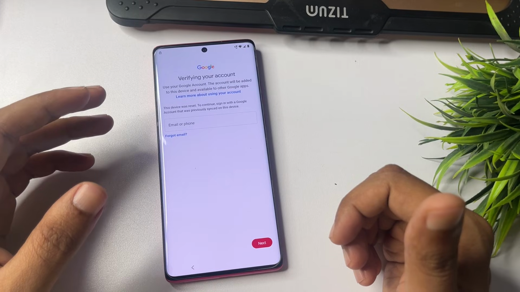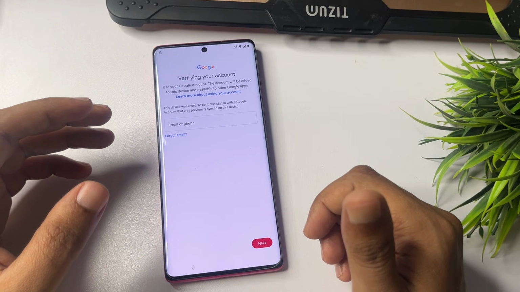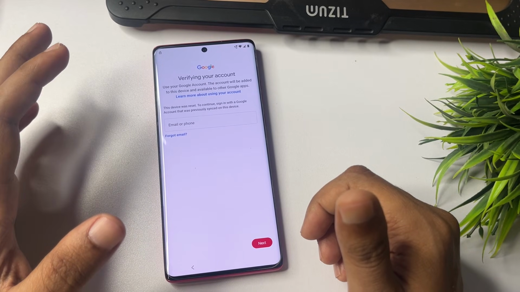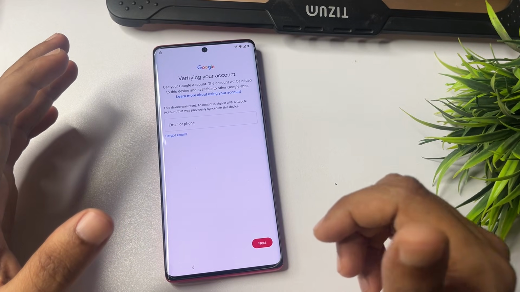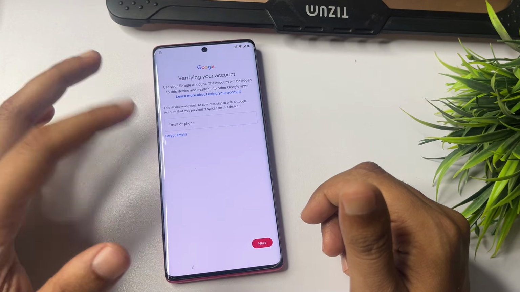And here it will ask for your Gmail ID and password. So if you remember the Gmail ID and password that you applied to your phone when it was new, you can use that email ID and password to go to the next option. But you can see here that if you don't have your Gmail ID and password, you are not getting any skip option